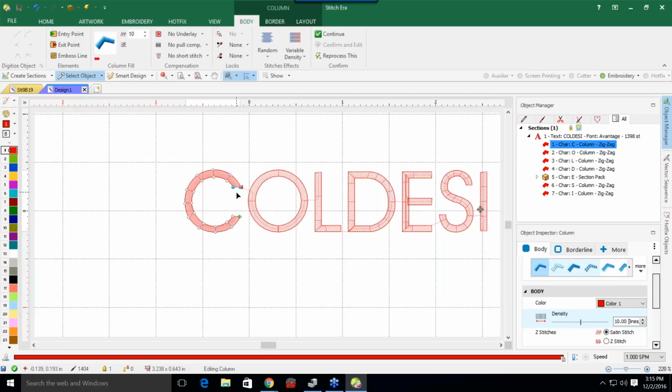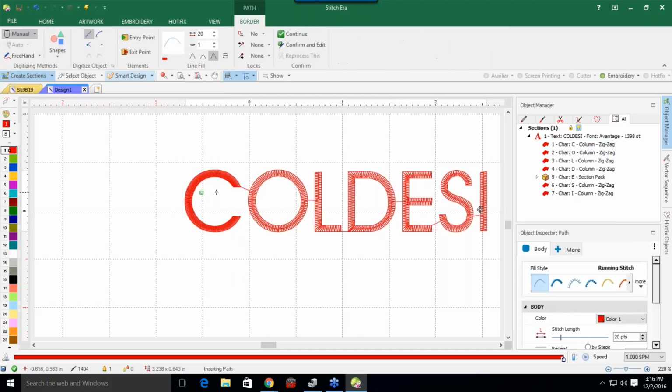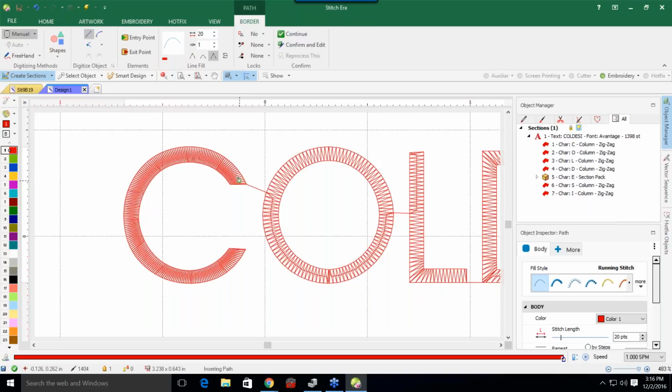Once you create your design and you have all that done, what I like to do is move this back over here. What I like to do is go into my embroidery, select my path, and select a path with a running stitch. Now, usually everyone does it first. I like to do it last. I like to create my design, and then I like to zoom in,